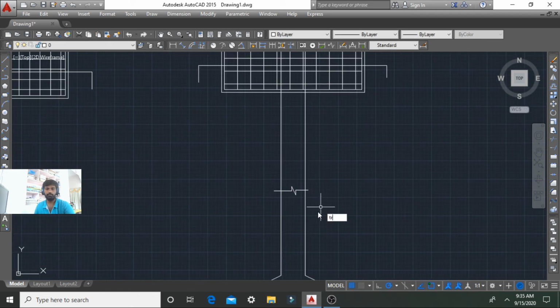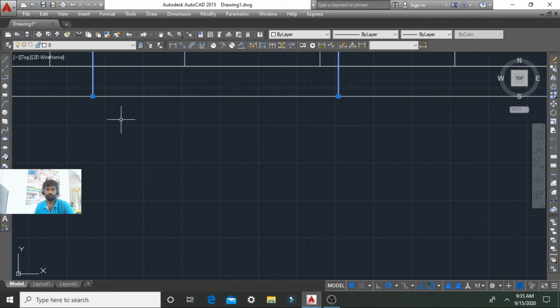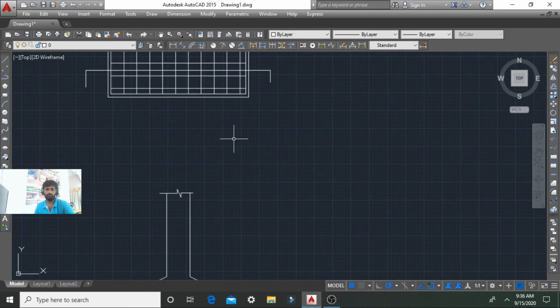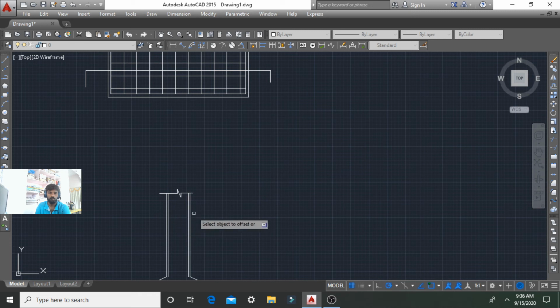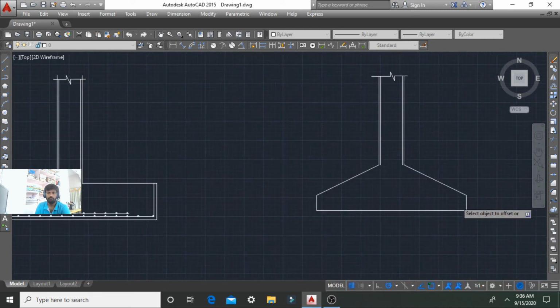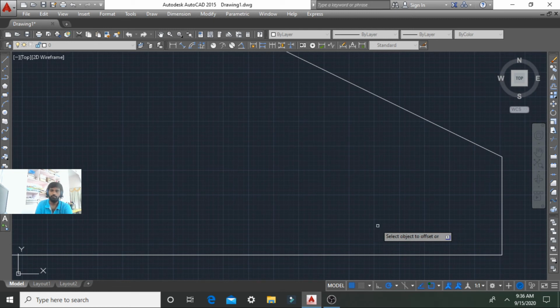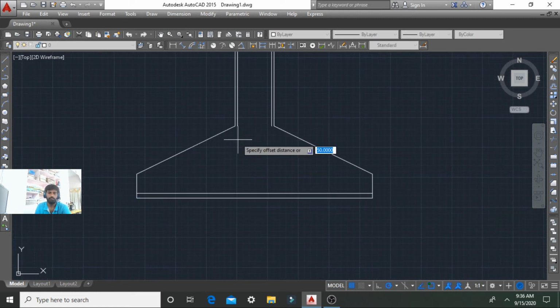This is the column position, and we can also mention the column reinforcement here, up to a length of 564 mm.